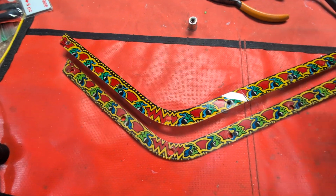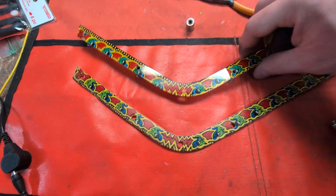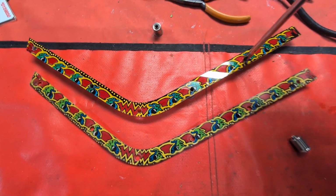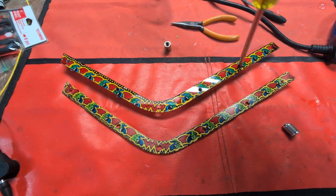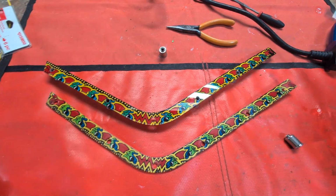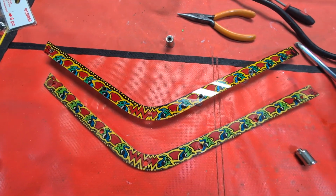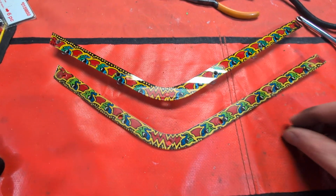I would put that back in, and then to set it so that it wouldn't fall out of the plastic again, so all of these ones have been replaced already, I would put my screwdriver in, just a Phillips head screwdriver here, and push down and wobble it out in bigger and bigger circles just to spread that head open again so that it would retain in the plastic. So the way that I set them is still the same, but the way that I found to get this to roll back even cleaner...